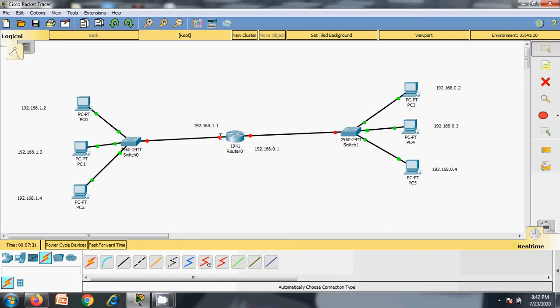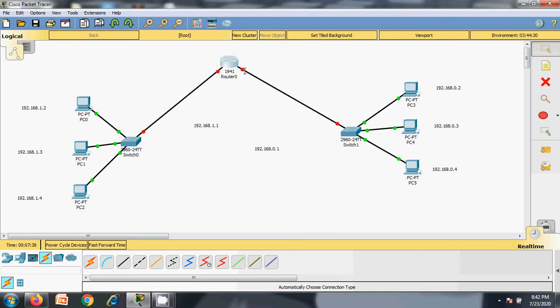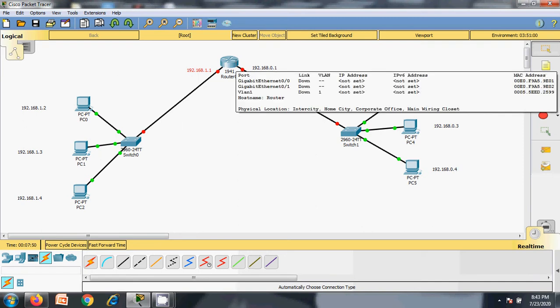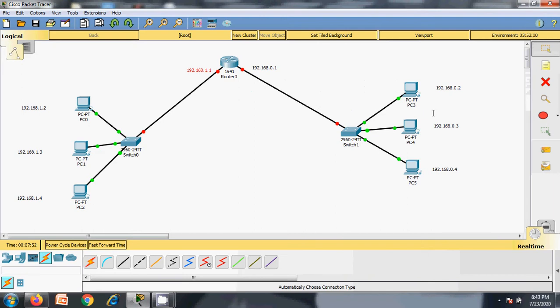So this interface is nothing but the gateway router interface of this network, and this interface is the gateway router interface of the other network, right? So please remember this gateway router interface. What does it mean? This router will act as the gateway router for both of these networks. Whatever packets come into the network and whatever packets leave this network have to cross this gateway router, right?